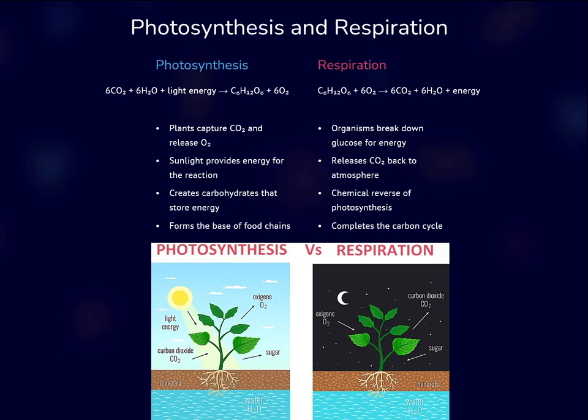Photosynthesis. Now, for photosynthesis, we have a balanced chemical equation. 6 CO2s plus 6 H2Os plus light react to form glucose, which is C6H12O6, and 6 O2s. This is a step-by-step process. Step 1, sunlight is absorbed by pigments, for example, chlorophyll, and that sunlight provides energy. Step 2, the CO2 and H2O are rearranged into glucose, where the stored chemical energy will be found, and O2. Step 3, the ratio of 6 to 6 to 1 to 6 coefficients keep atoms balanced, meaning there's a conservation of matter.